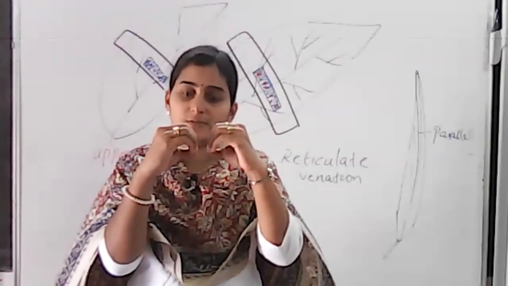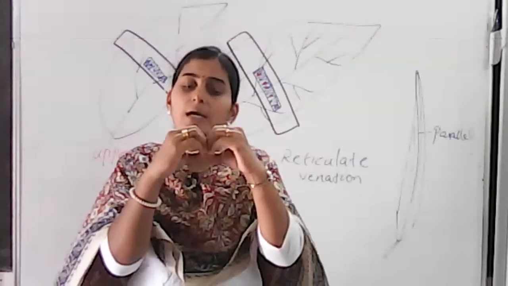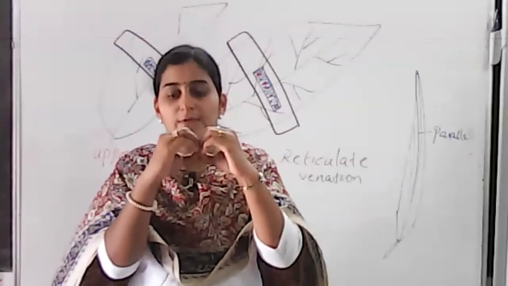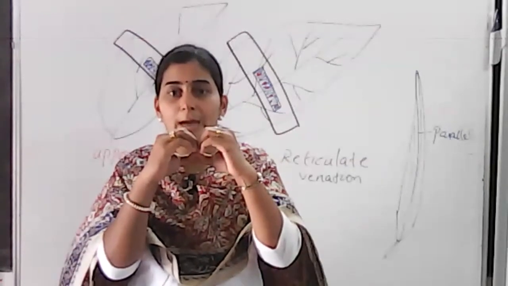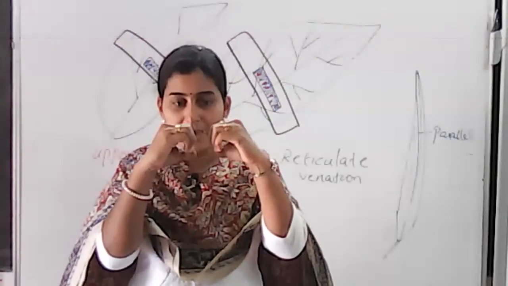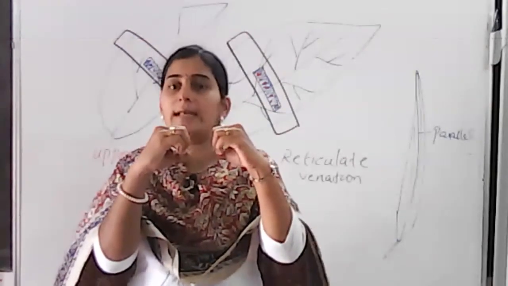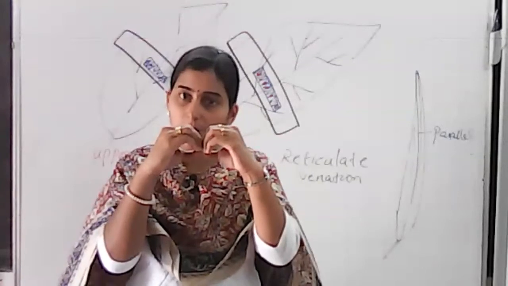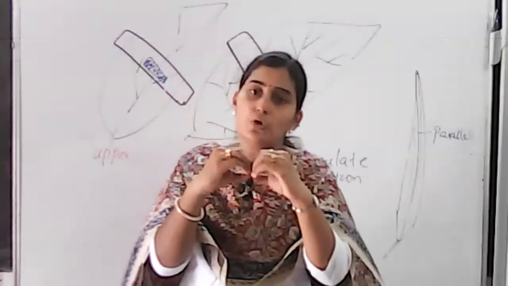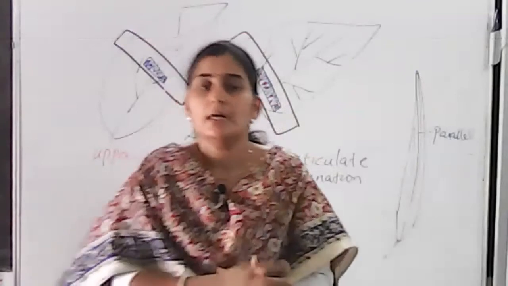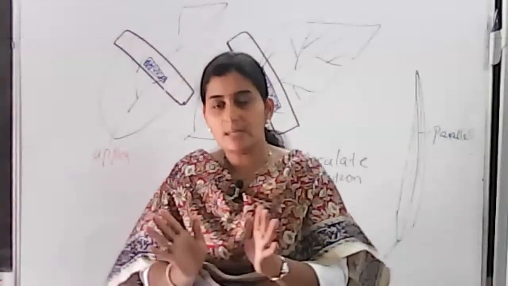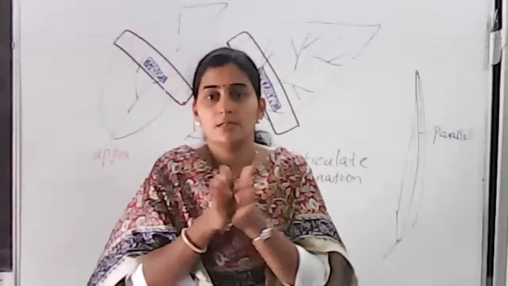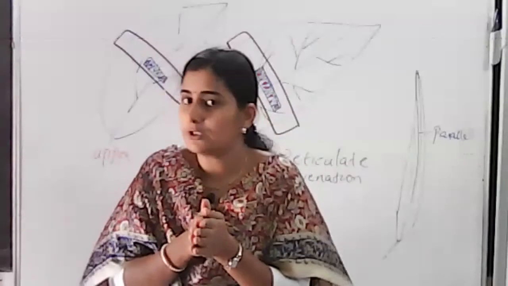Then when it loses its water, what happens? These walls lose their turgidity and come closer. They close together, and then the stoma will be closed. So no more water will be given out. Again, when this guard cell gets fully filled with water, what happens? The inner walls move backward. So what happens to the stoma? It gets open. Water will be given out. Again, when it loses its turgidity, it becomes flaccid, and so the inner wall comes forward, and the stoma becomes closed, and no more water will be given out. Got it? So when guard cell becomes turgid, stoma will be open, and when guard cell becomes flaccid, the stoma will be closed. Hope you got the thing.